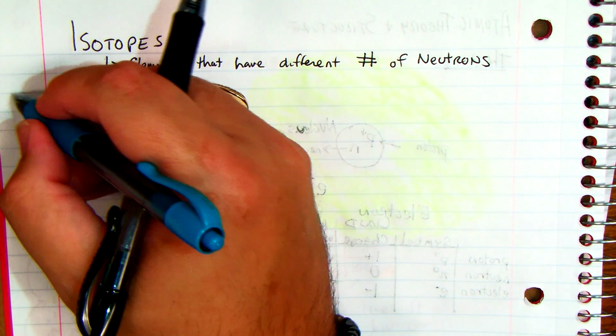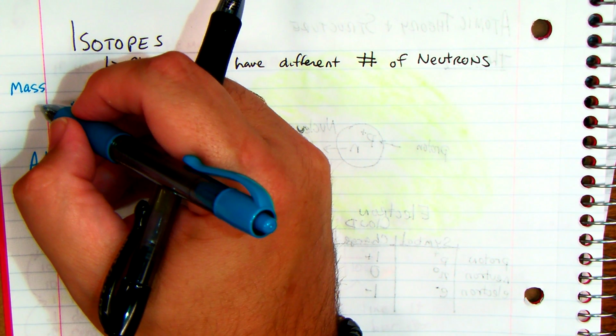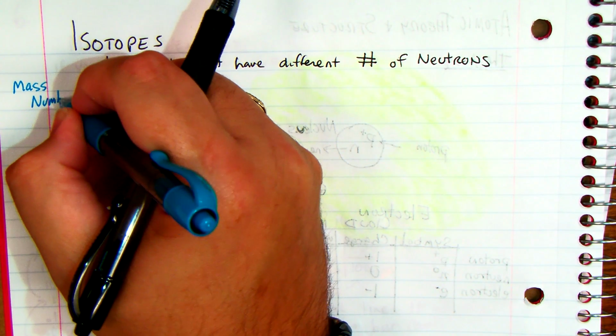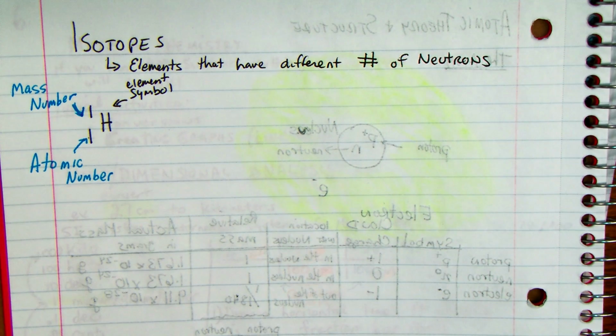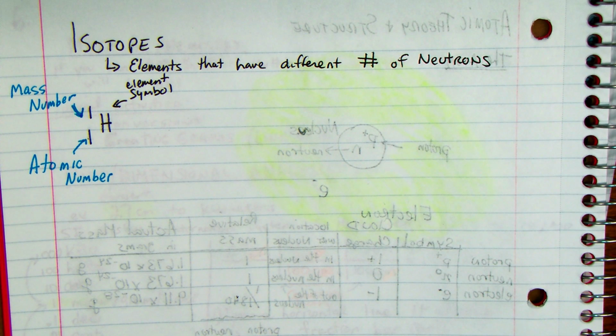It starts with mass. Nope. It's called your mass number. So the top number is called a mass number. And the bottom number is called your atomic number, which is,